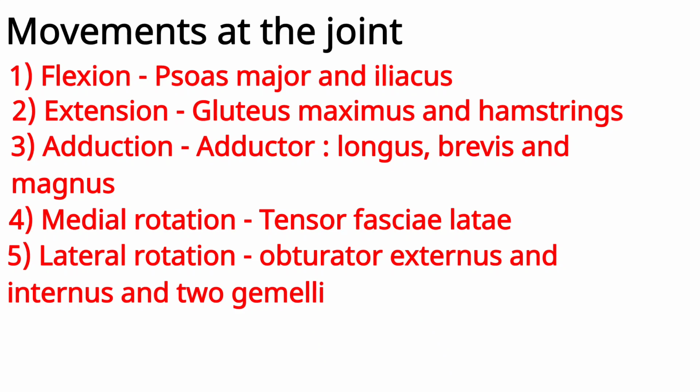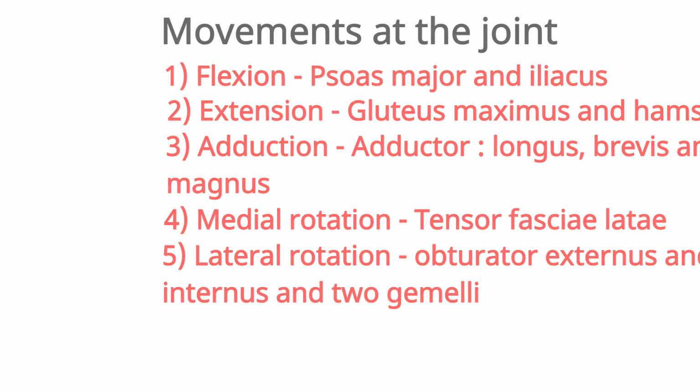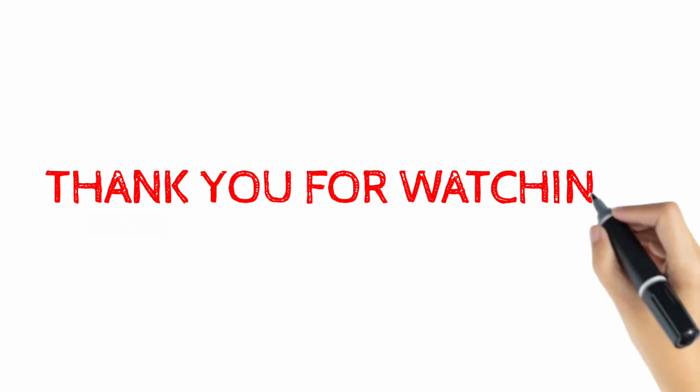Okay, now coming to the blood supply. Blood supply to the hip joint is given by the obturator artery, circumflex femoral artery and the two gluteal arteries. Okay, which are all basically branches of the femoral artery. So the femoral artery provides the blood supply to the hip joint. Nerve supply is provided by the femoral nerve through different branches. Also nerve to rectus femoris, anterior division of obturator nerve, and nerve to quadratus femoris. Okay. Always remember, the blood supply and nerve supply of the hip joint is very easy. It is femoral artery and femoral nerve.